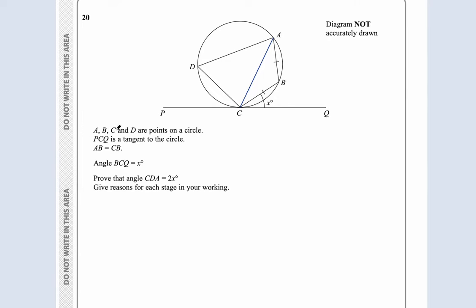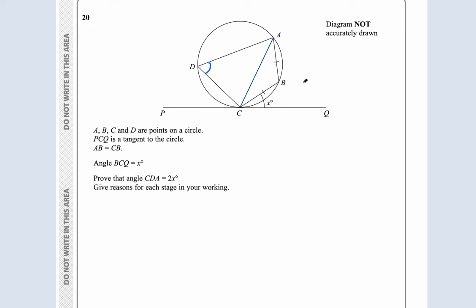So it says angle BCQ is x, so this is x. Prove that the angle CDA, this angle here, is 2x. Give reasons for each stage of your working. So I can't say it's 2x now, I have to prove that it's 2x. Okay, so firstly,